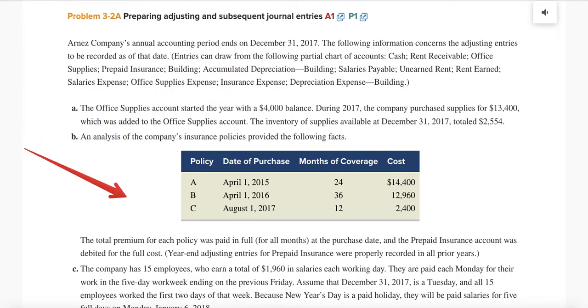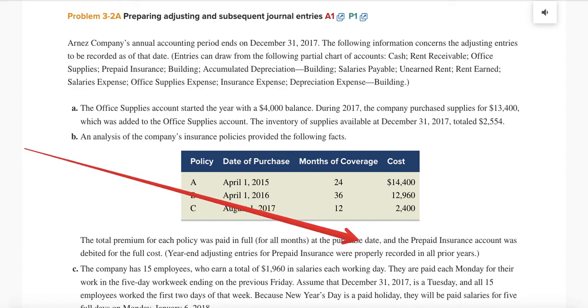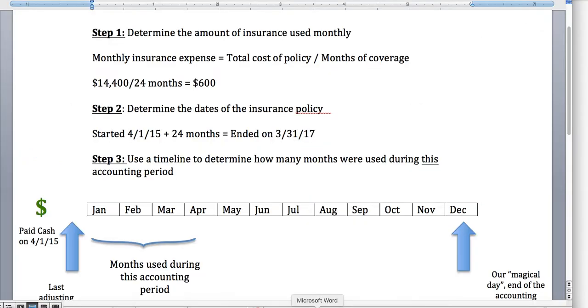They also tell us that year-end adjusting entries for prepaid insurance were properly recorded in all prior years. So that means that every year-end they have been recording the adjusting entries that they're supposed to. So when we go back to my little chart here, these are the dates that you kind of need to